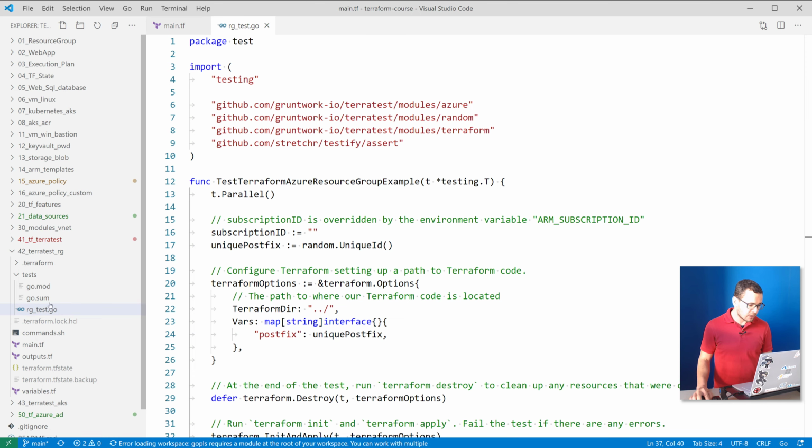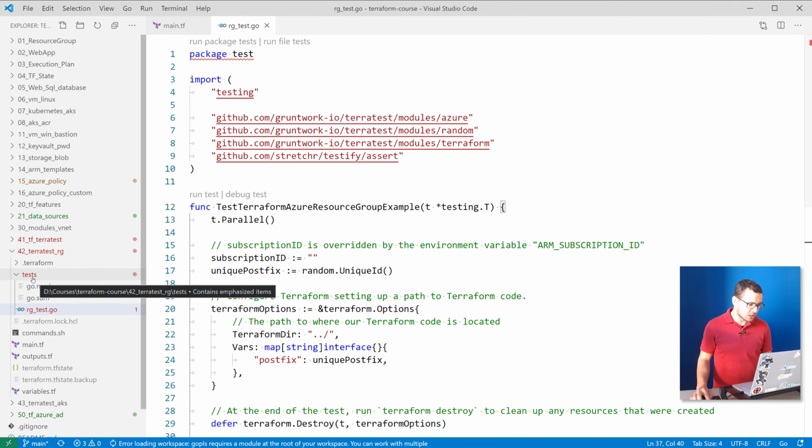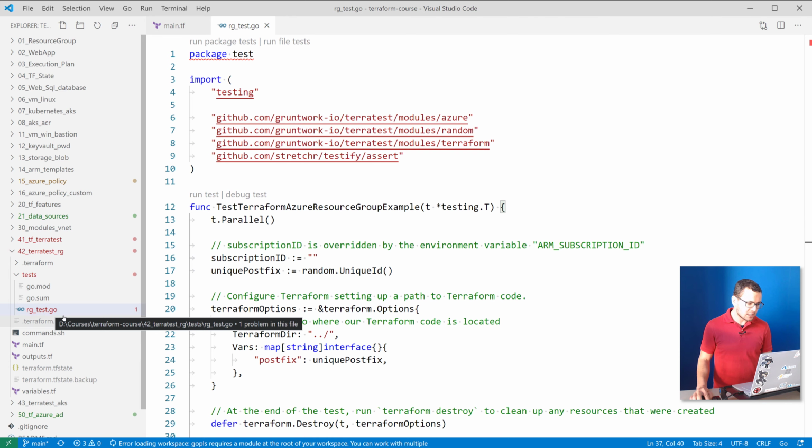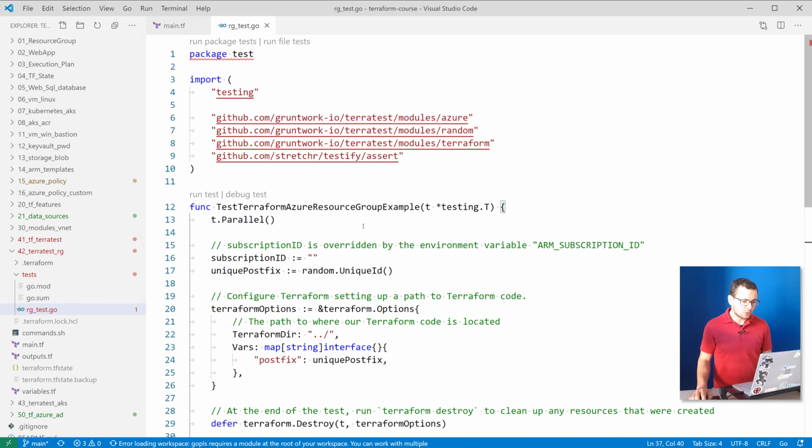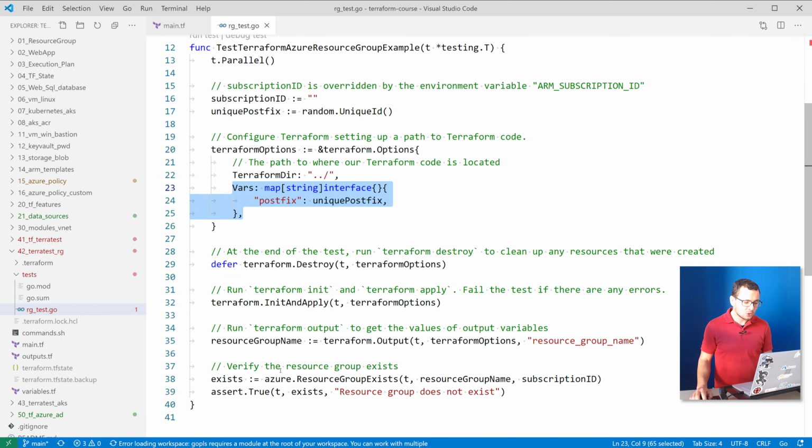So for that, I've defined from within the tests folder the rgtest.go. This one will be an automated test written using Golang, in which I start here by specifying the subscription ID and then specifying the random number for the postfix, so I can assign variables to my templates, and then I go to apply or create or deploy the template using the commands init and apply.